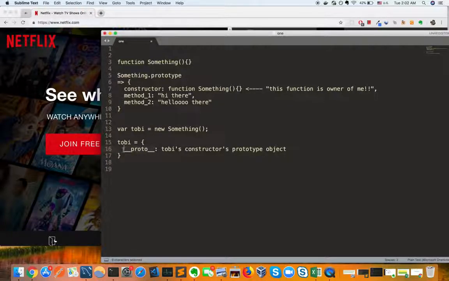And what is inside of this property? It is this instance's, the one that was just created, constructor's prototype object. So who is Tobi's constructor? It's function something. And what is the prototype object? Well, right here. And so if I copy this and put it under here,